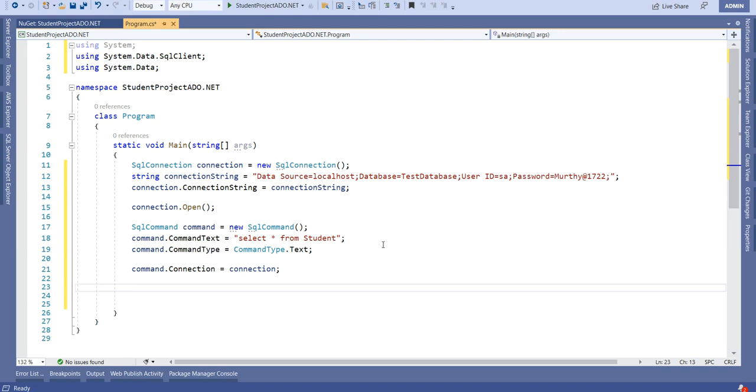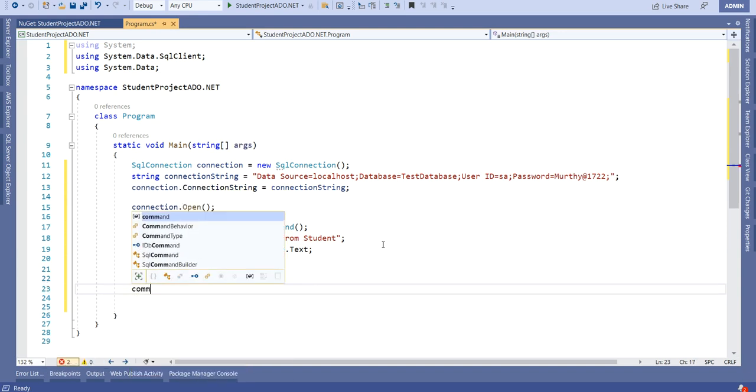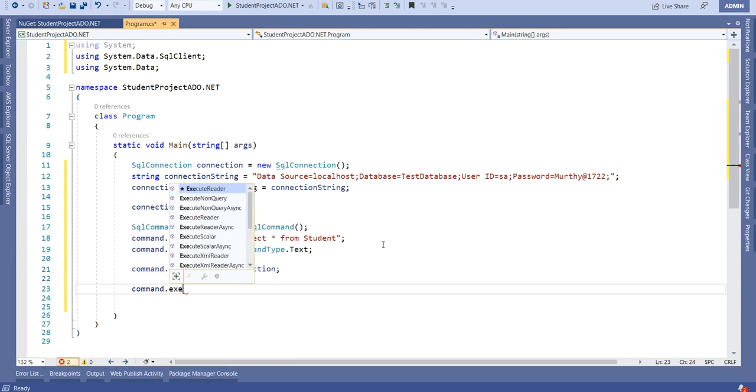After that, we need to fetch the data. This command object has various methods like execute non-query, execute data reader, execute dataset. Using these methods, we can fire our command object and we can retrieve the data. In this video, I'm going to explain the execute reader. So command dot execute reader.